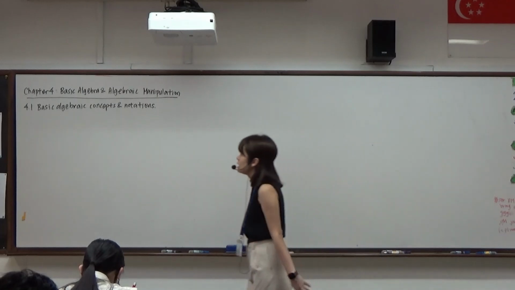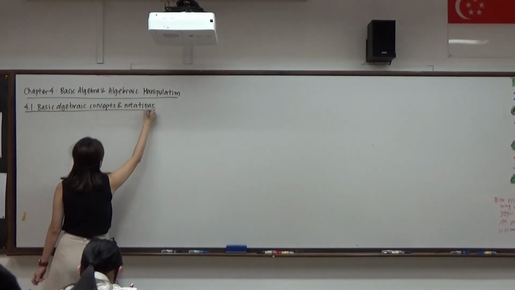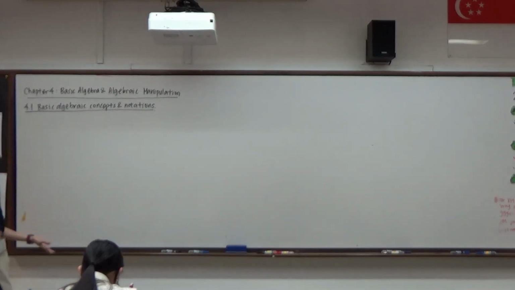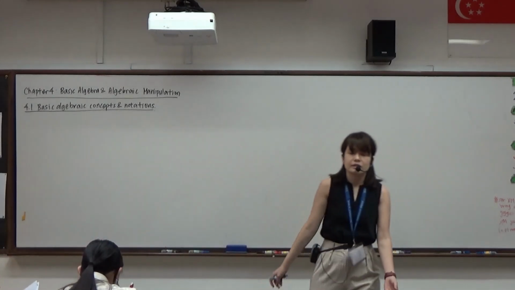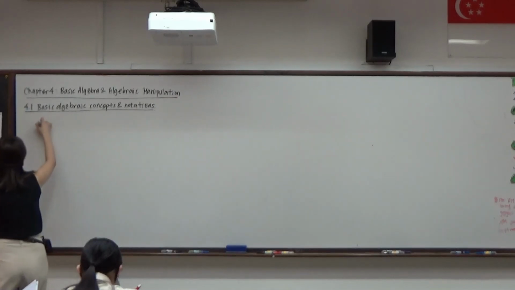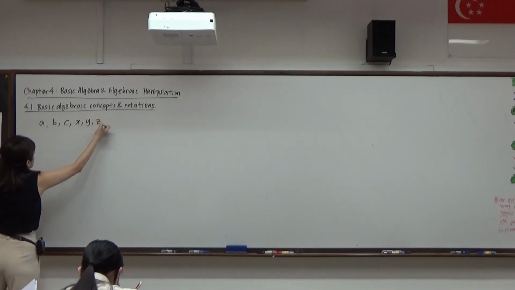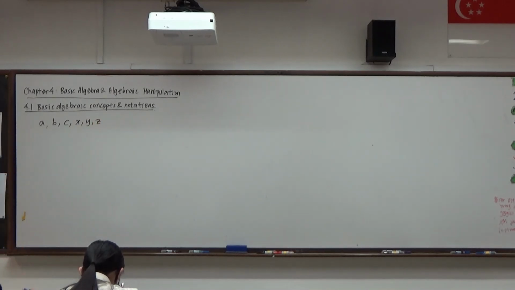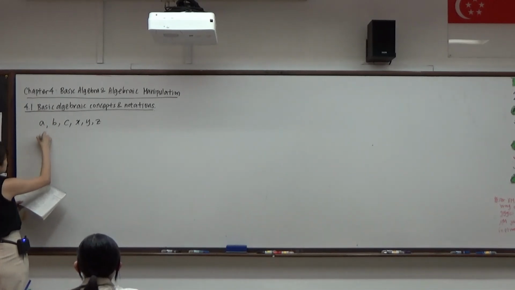We are going to see a lot of our alphabet being used. A, B, C, D, and then X, Y, Z. A lot of letters are going to be used. All these letters that we use, things like A, B, C, X, Y, Z, of course there are more. We have more letters in our alphabet. These are all going to be used to represent